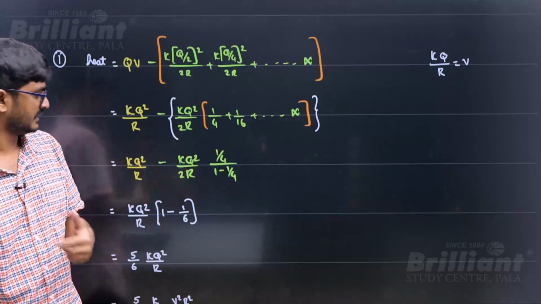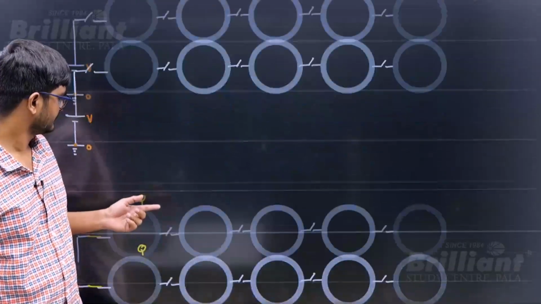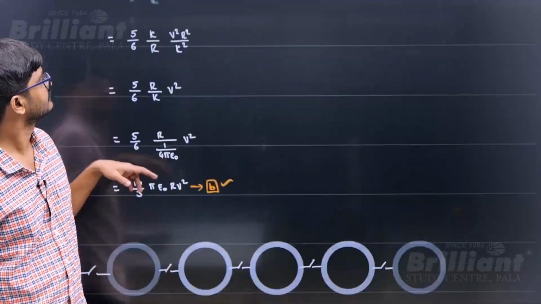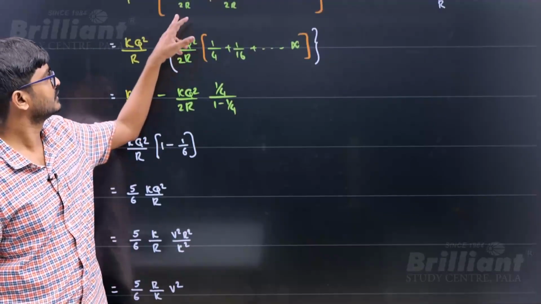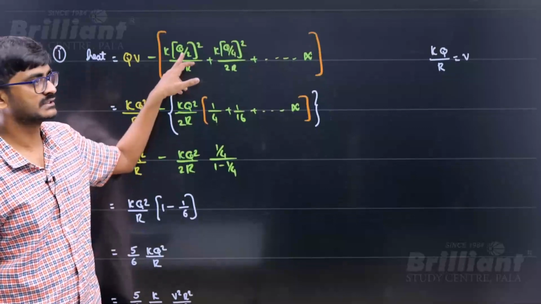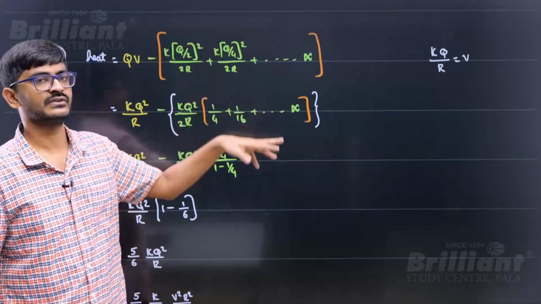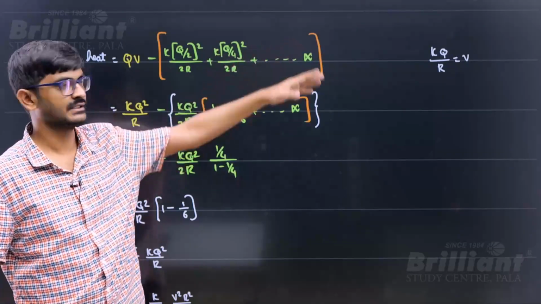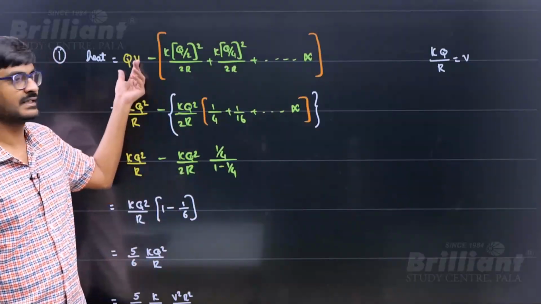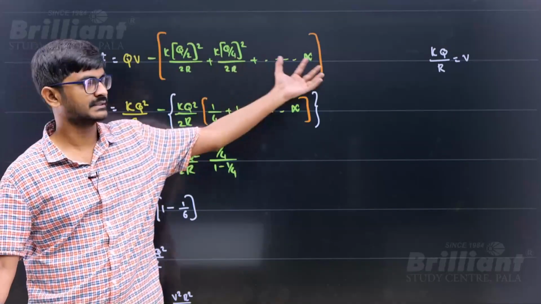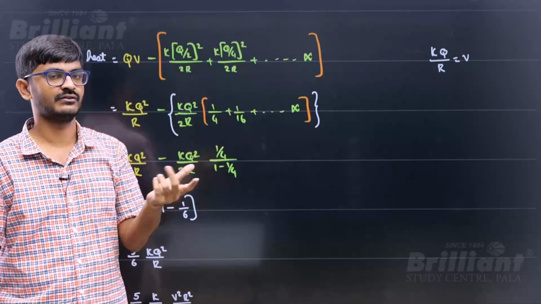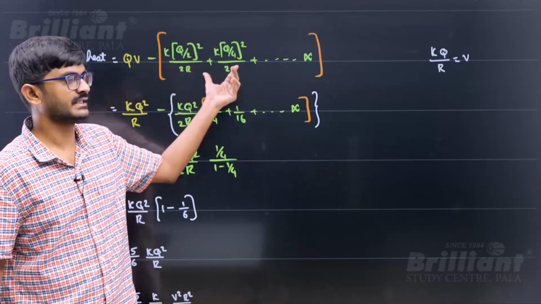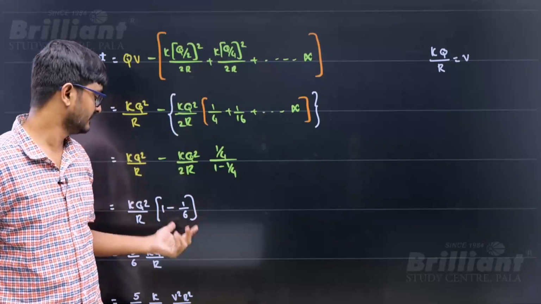Energy stored in the first sphere. What is the charge on the first sphere? Charge on the first sphere is going to be Q by 2. So self energy will be K into charge square by 2 times the radius. Now the next one will be having charge Q by 4. So self energy will be K into charge square by 2 times R, and so on, right? So this is the work done by the battery. Out of that, this is stored as electrostatic potential energy. Where is the leftover? Leftover will go as heat. So you need to find the work done by battery and the electrostatic energy stored. The difference is going to give you